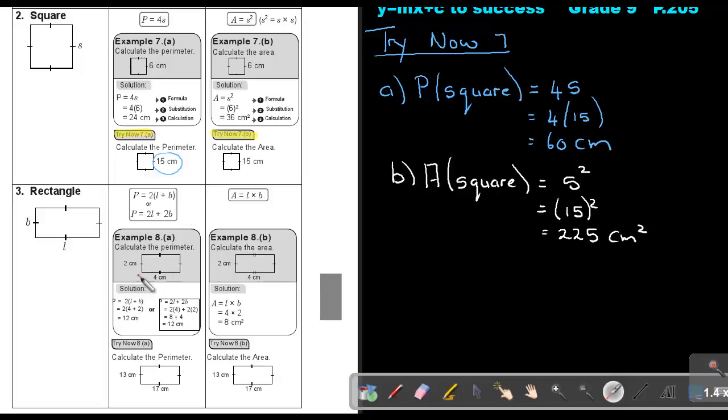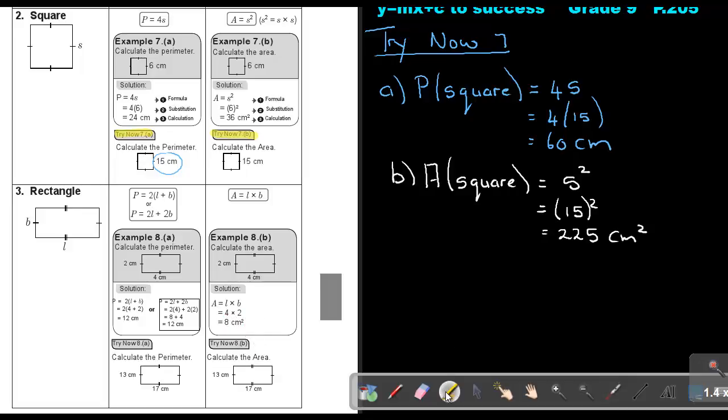I just say 4 plus 2, that's 6 times 2, and that's 12. Or I can say 2 times 4 plus 2 times 2, which is 8 plus 4, and that's 12 centimeters. If I look at the area, it's length times breadth, so it's just 4 times 2, which is 8 centimeters